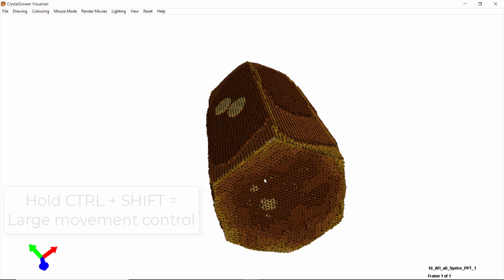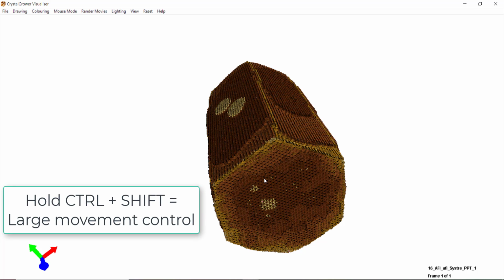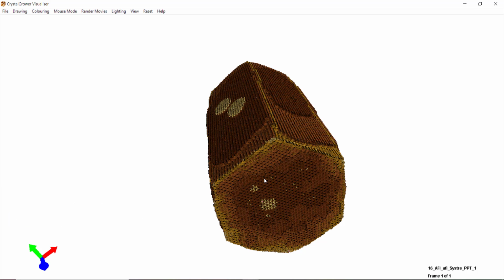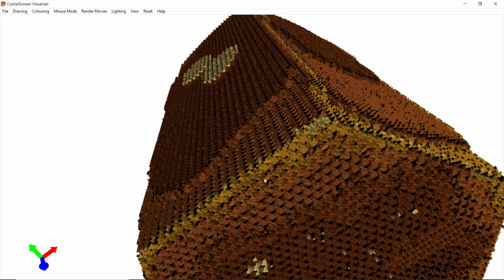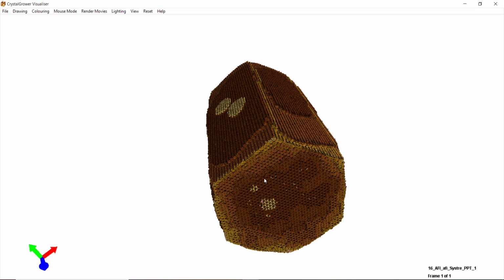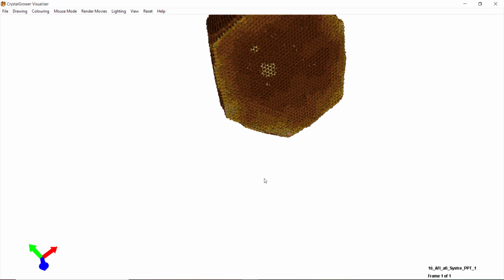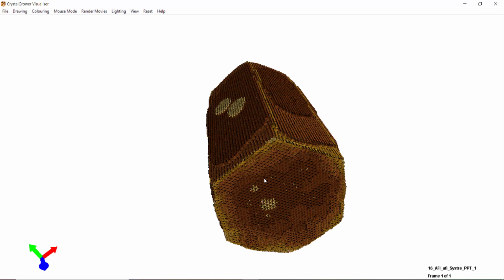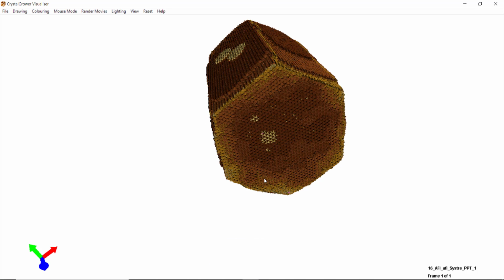If you hold Control and Shift, it'll make the movements larger. This only works for the translation keys, so Control Shift Z makes big jumps towards zooming into the crystal, Control Shift X, big jumps away from the crystal, Control Shift W and S moves the crystal up and down by quite a lot. If your simulation frame is quite large and you're displaying a lot of objects on the screen,